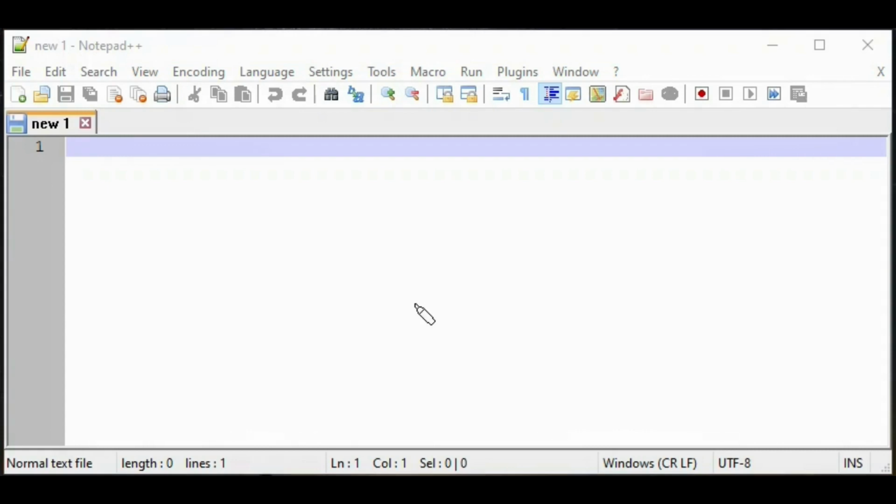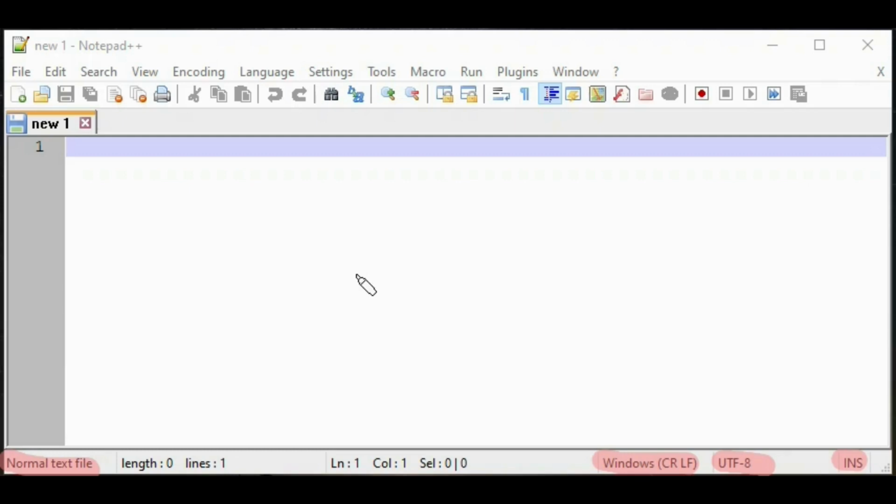If you are opening Notepad++ for the first time, it always maintains some standard settings. It will make that file a normal text file, and in the same way it will open in the UTF-8 encoding system and Windows line feed editor, and it will be in the insert mode. These are all the default settings of Notepad++ while opening a new document. We can also change the settings for our convenience, and after that, whenever we open a new file, it will open as per our requirement.